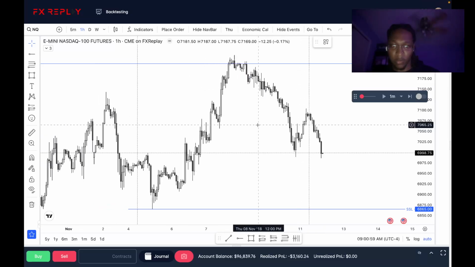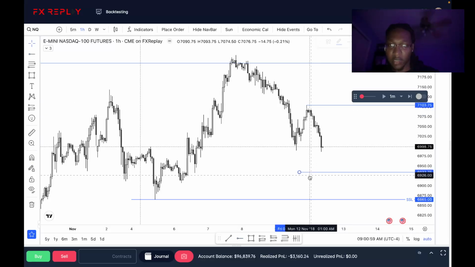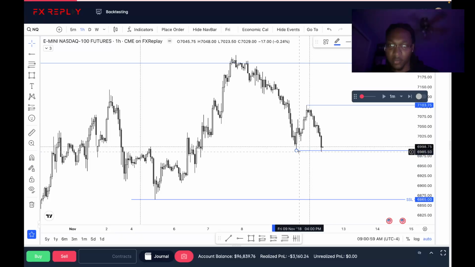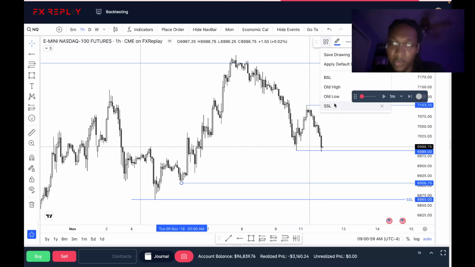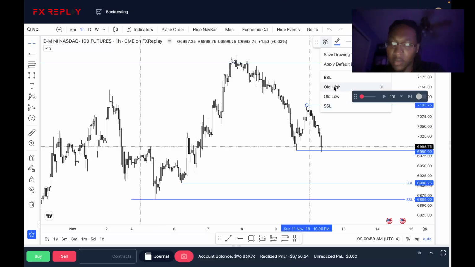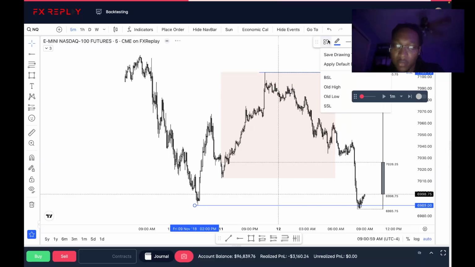So on the hourly, any gaps that are on the menu, I'd say it's this high, maybe, for sure this low. She already took out. It's like this order block supported price. So this low is on the menu, and then highs. So let me note that, note this, buy side, note this, sell side. All right, so now we're on the hourly. We just took out sell side, took out Friday's low.